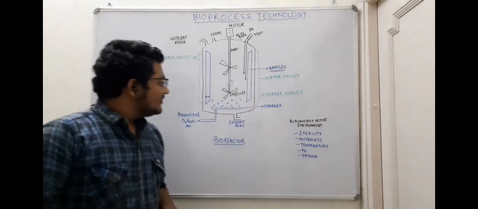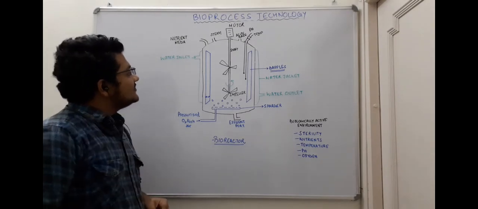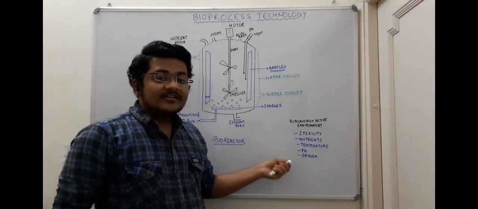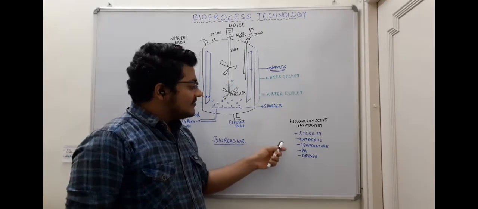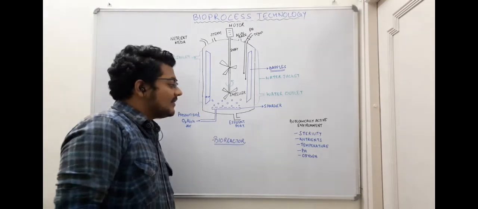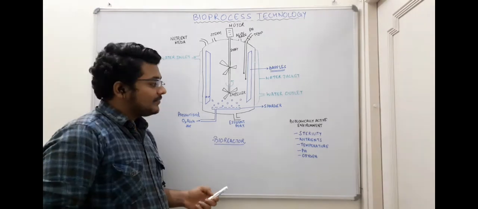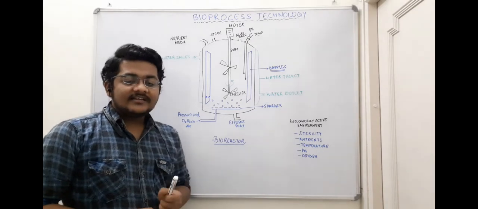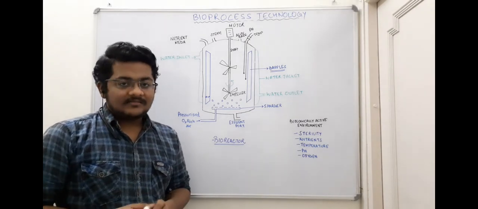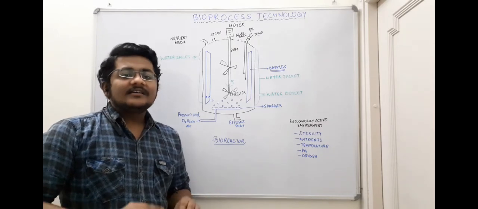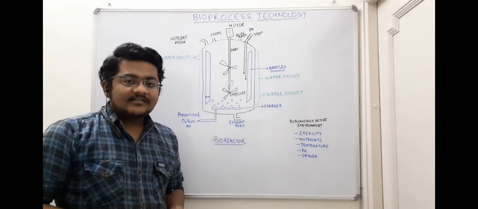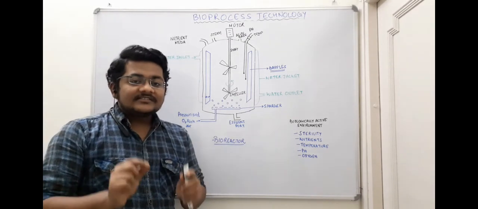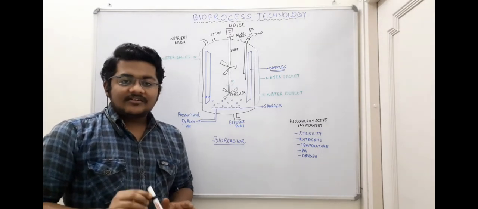series. So now here is a schematic diagram of the bioreactor, and here we have 5 parameters of biologically active environment which are maintained inside this container. The first parameter is sterility. Before moving into how sterility is maintained inside the container, we should know what a sterile environment means. A sterile environment means that there should not be any living microorganisms inside the environment.